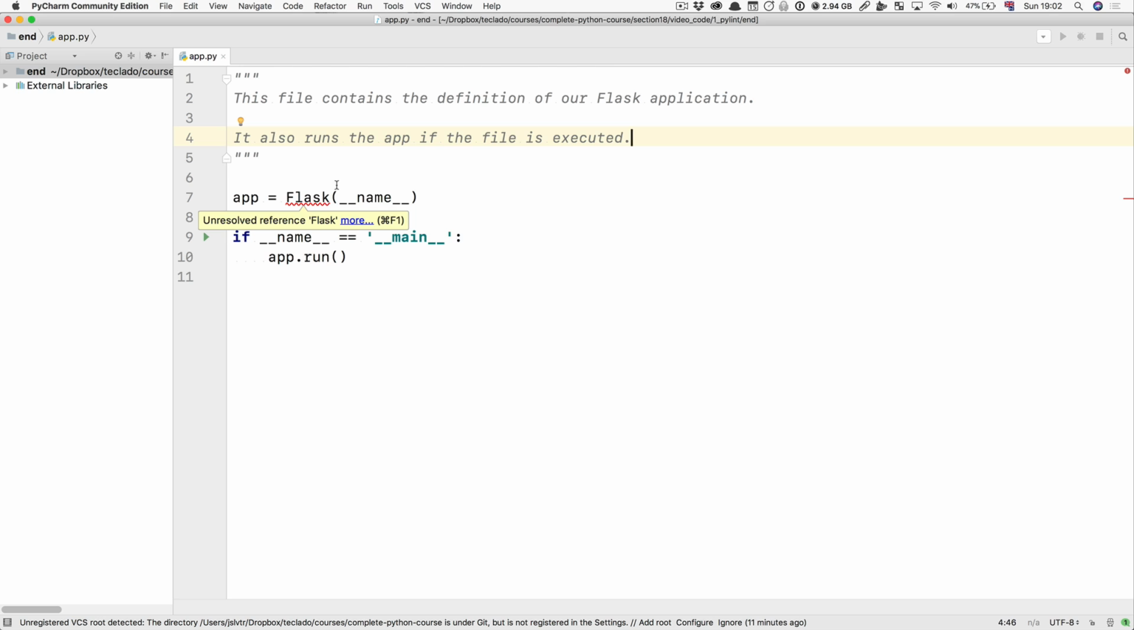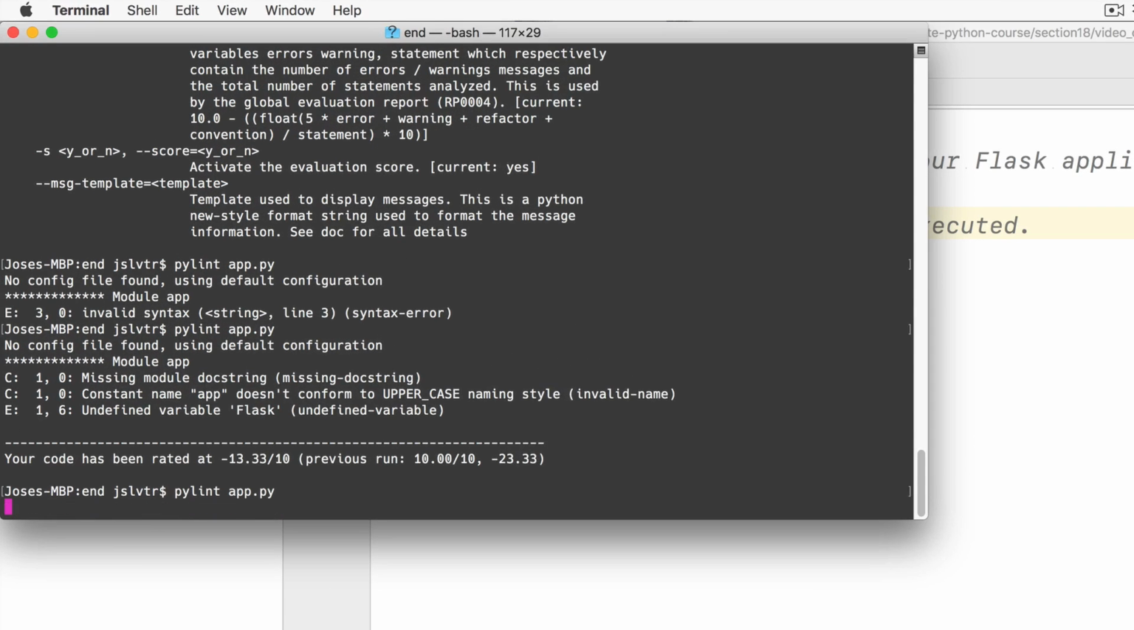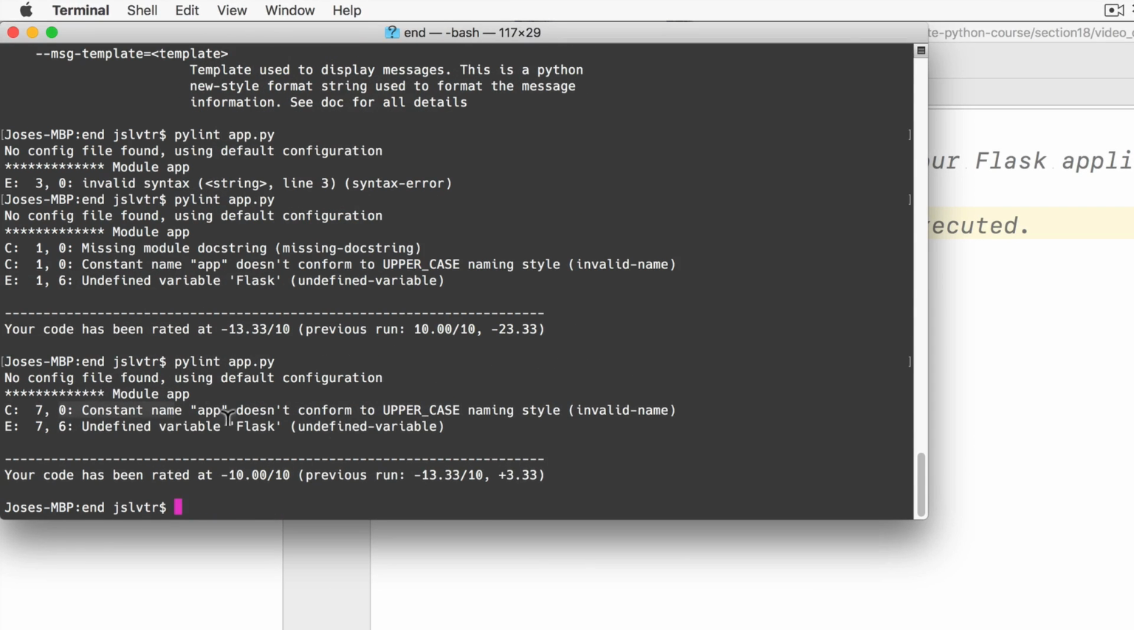And that's it. Now, if we go back to pylint and we run it again, you'll see that now we only get 2 things. Previously, our code had a score of -13. Now it has a score of -10, so we're getting better. Not very good, though. Now we've got constant name app doesn't conform to uppercase naming style, and we've got undefined